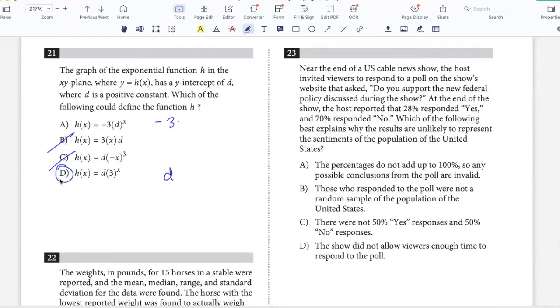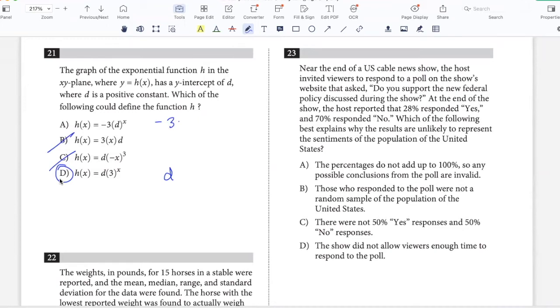Near the end of a US cable news show, the host invited viewers to respond to a poll on the show's website that asked, do you support the new federal policy discussed during the show? At the end of the show, the host reported that 28% responded yes and 70% no. Which of the following best explains why the results are unlikely to represent the sentiments of the population of the